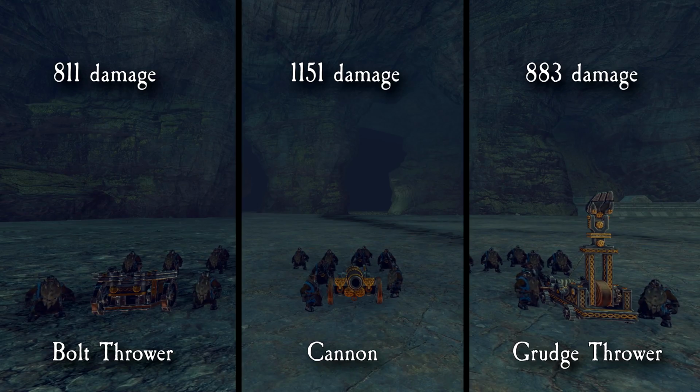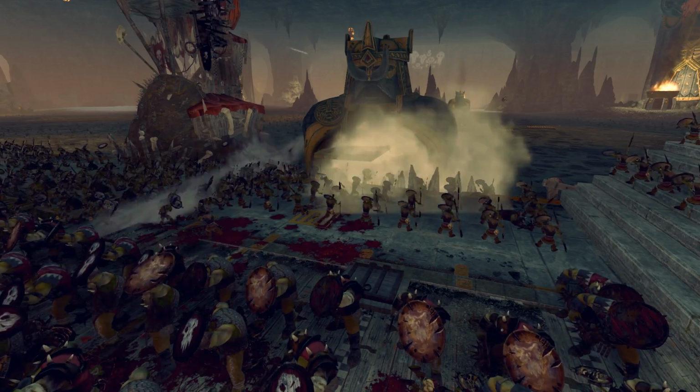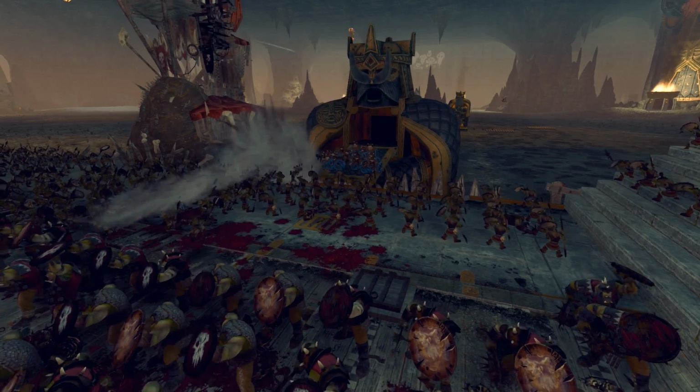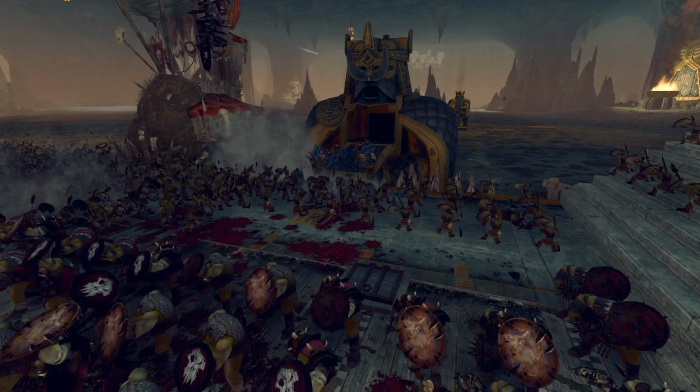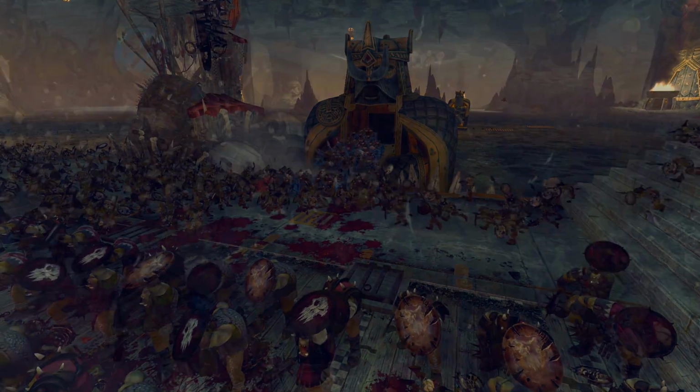So if you take a look at the numbers, we can actually see that things change because of the reload speed. The Bolt Throwers might deal a low amount of damage, but their fast reload means that they do damage more often, and this makes them actually much better against single targets than the Grudge Throwers for example. However, the explosive damage makes the Grudge Thrower better against large groups of units compared to the Bolt Thrower. Cannons do stand out from the others with 1150 damage, but now let's try to prove that in some test